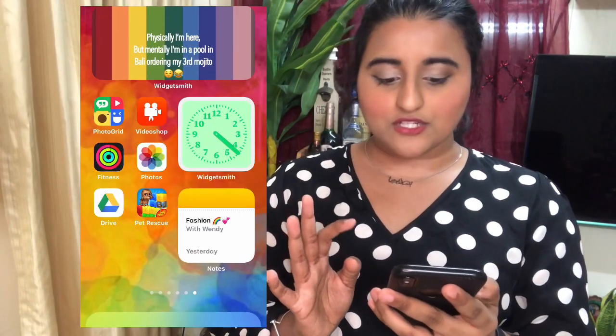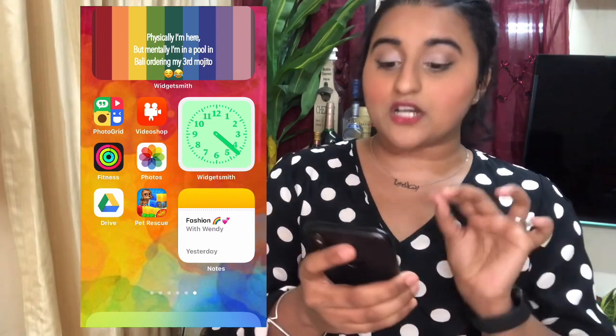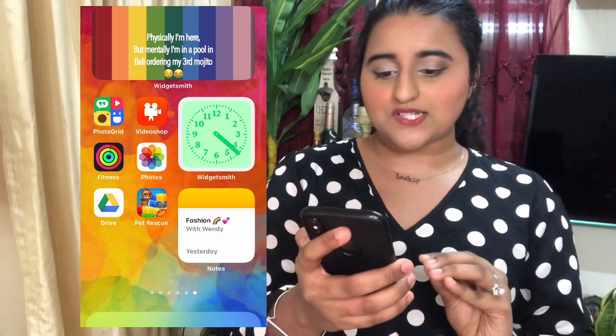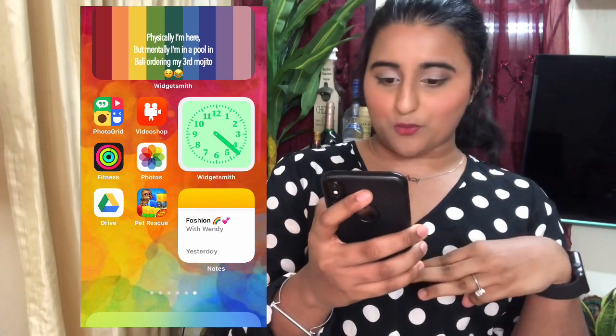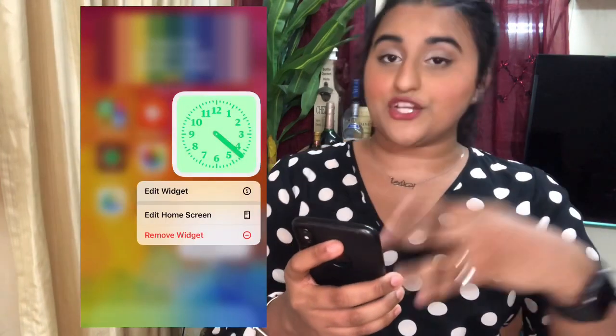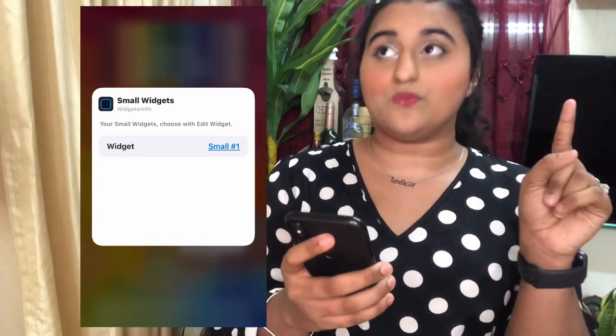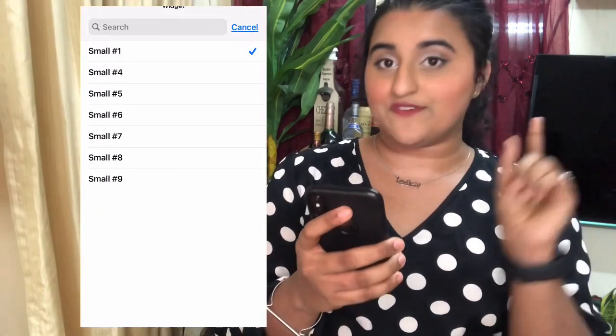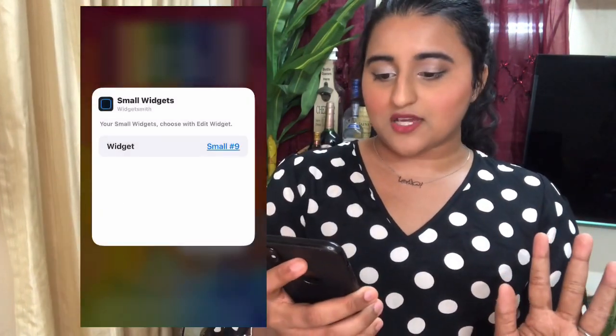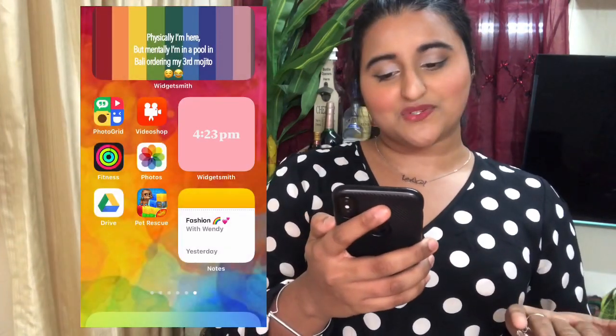Remember that number. You have to just come out. Now I'm going to my colorful section, and over there the clock, I'm continuously pressing it, and when I press that, I get edit widget, all three options. Now I want to change the clock into the time. So I'm gonna press edit widget. I'm gonna press the 9th one, which I told you, the latest one. You have to remember the number. When I come out, my clock is changed into the system setting.